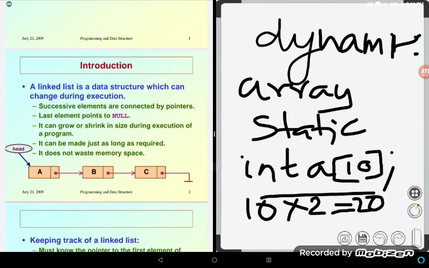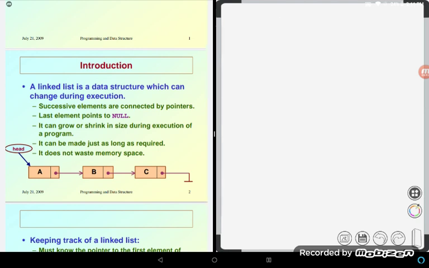So I am fixing an upper bound of 10. This upper bound is nothing but the maximum number of locations.